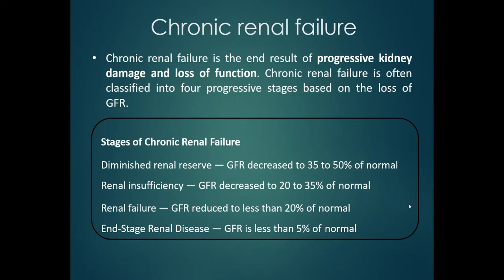That is the diminished renal reserve, where the glomerular filtration is only working up to 35 to 50%. Then comes the renal insufficiency, where it decreased to 20 to 35. Then comes the renal failure, which is the 20% of the normal functioning of GFR, and the end stage renal disease or chronic renal failure, where your glomerular filtration is just working up to